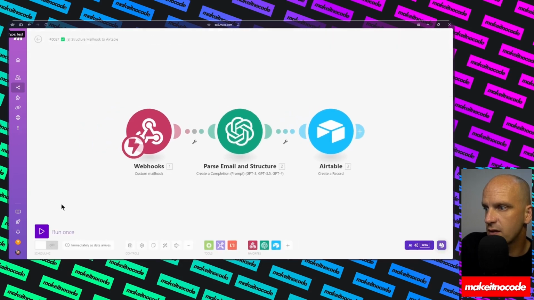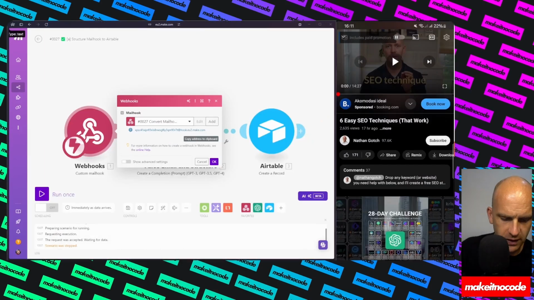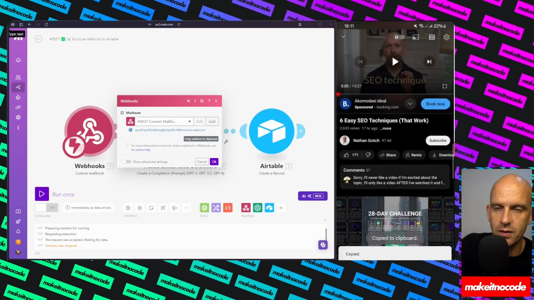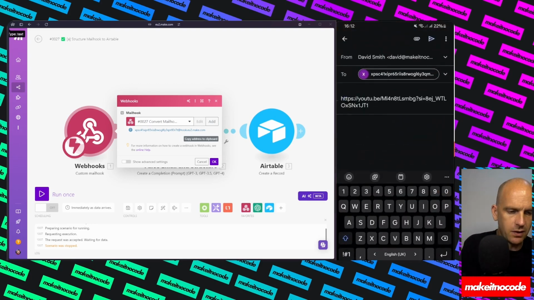So if I switch this on now, it's going to be listening and waiting for an email. Imagine you've seen an article that you like, and hopefully you can see my screen here, I've got it on the top there. Say you like a video and you want to create a social media post about it. What we can do is send the URL to the mail hook, and then we're just going to say